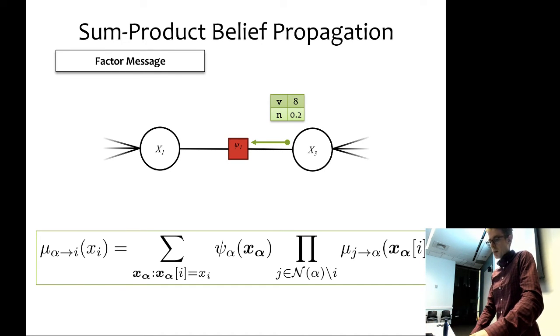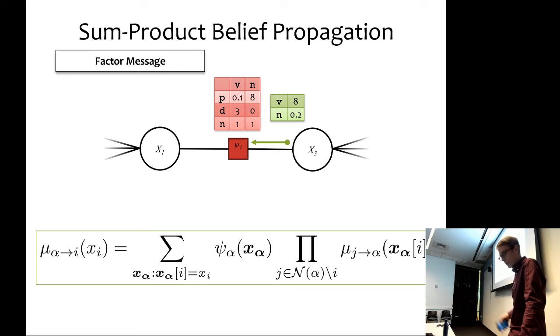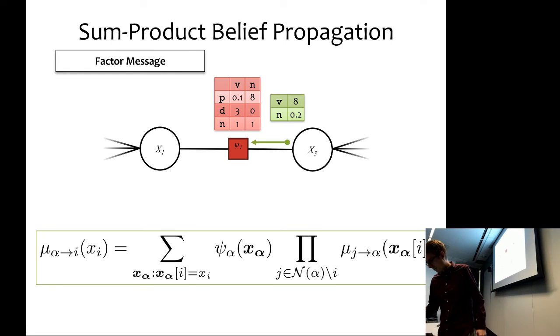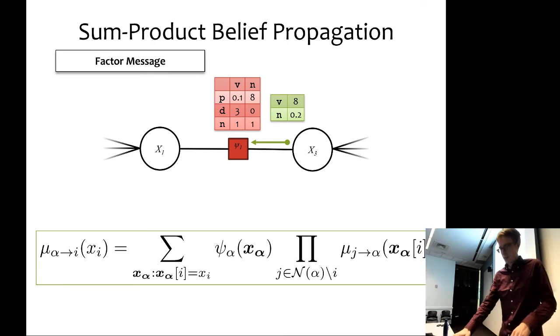So we get an incoming message from variable x3. And we have our factor, okay, which expresses opinions about x1 for different values of x3. So when we want to actually compute the outgoing message from this factor,